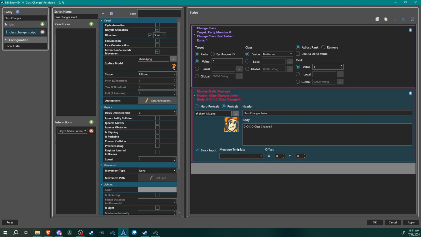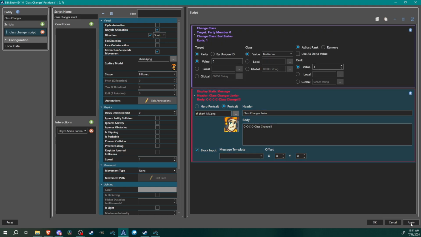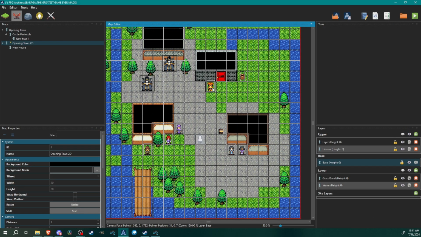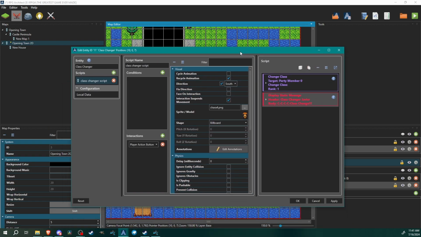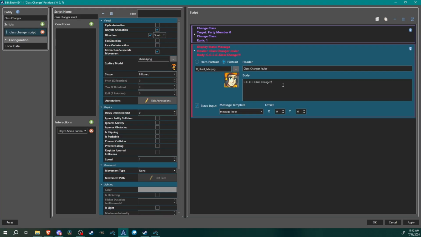Alright, and that's all there is to it. This will give us the class Berserker. And I should set my message template, message books. Yeah, I think that's it. And let's create another character real quick, just to show class removal. We'll just leave him there. This guy will say class removed, class changer,